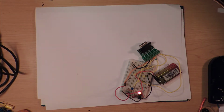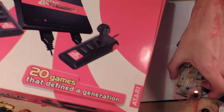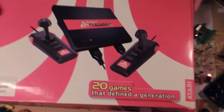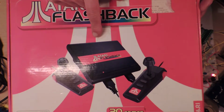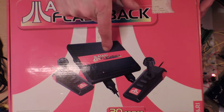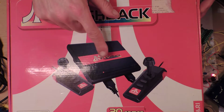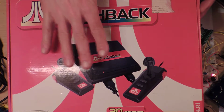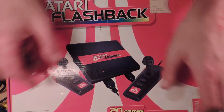But one more thing before we finish up, and this is supposed to be a quick video, and it's not taking too long. But speaking of the plug and play and Atari controllers, I'm going to try one more controller. This one here. So this is the original Atari Flashback, which is actually also an NES on a chip, pretending to play Atari games. So the later versions of this used emulation of an Atari 2600. This one doesn't. This one uses an NES on a chip version, but it does still have the same kind